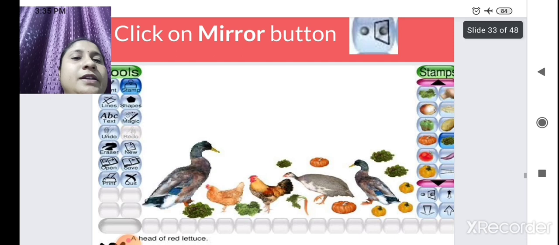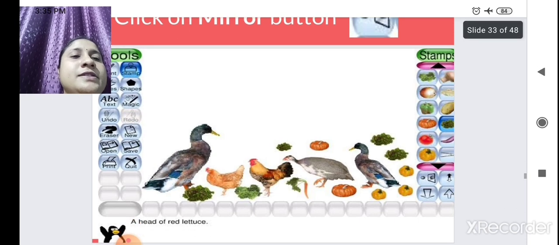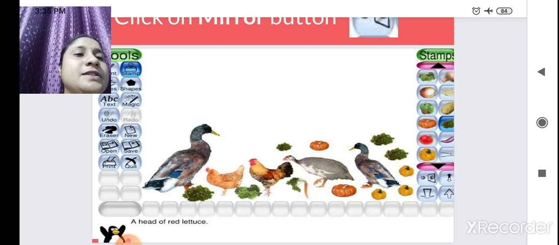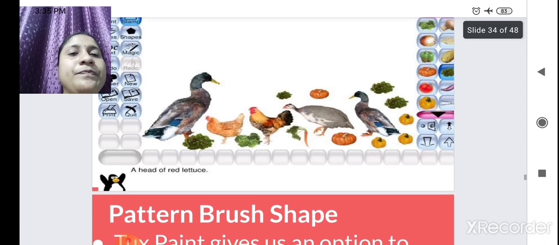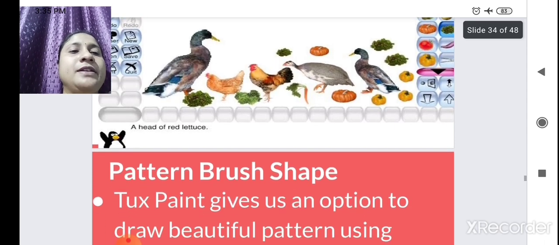See here, there is one big duck and a small duck, same color. It is giving a mirror image. In the stamp options at the bottom there is a mirror button. By using that you can use the mirror image. The next is pattern brush shape.